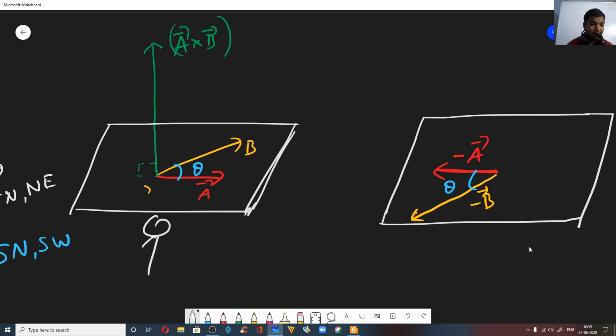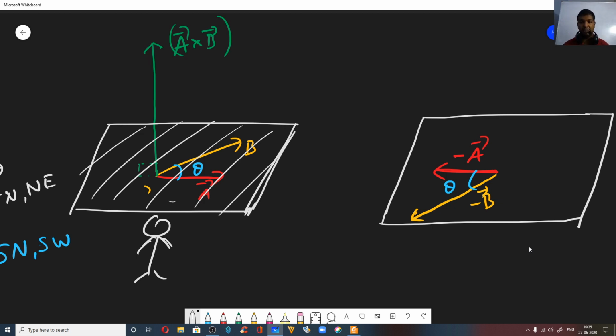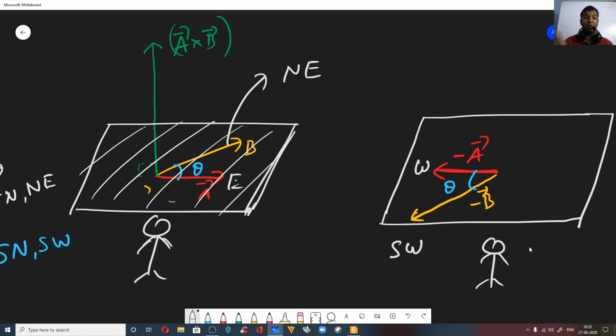Now this is you. Say this is the table. This plane, this white plane whatever I have drawn, assume it as a table which is right in front of you. Now you have a pen. Imagine vector A is towards east, and this vector B is towards northeast. Then negative A will be towards west, and negative B will be towards southwest. It will be better to imagine, right? You can place two pens or something like that on the table and try to understand. Now once you did A cross B, what did you get? You got that green arrow.